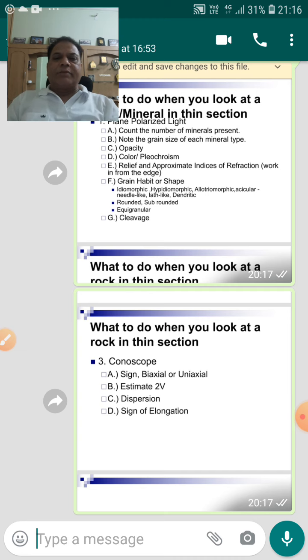So have that concept. With this concept, in our next video or next class, we will take individual rocks and see how they are identified. First, what optical properties are studied, what textural features are noticed, then what the different minerals are and how the rock is identified, and finally what the genesis of the rock is. That we will take up in the next class.